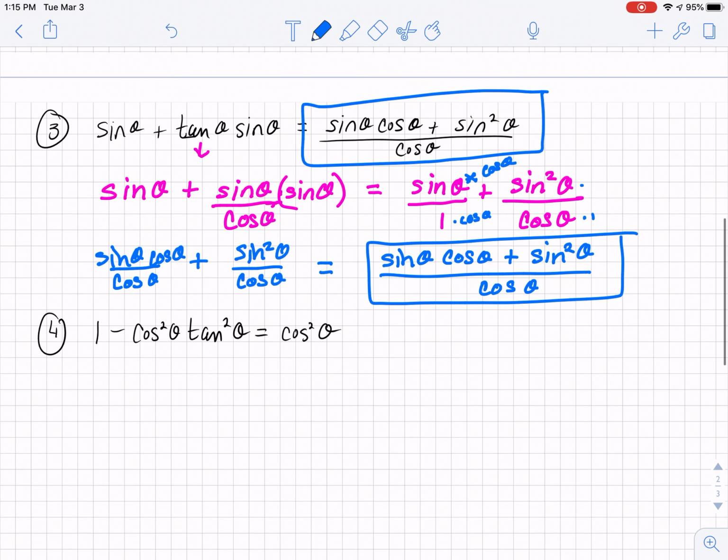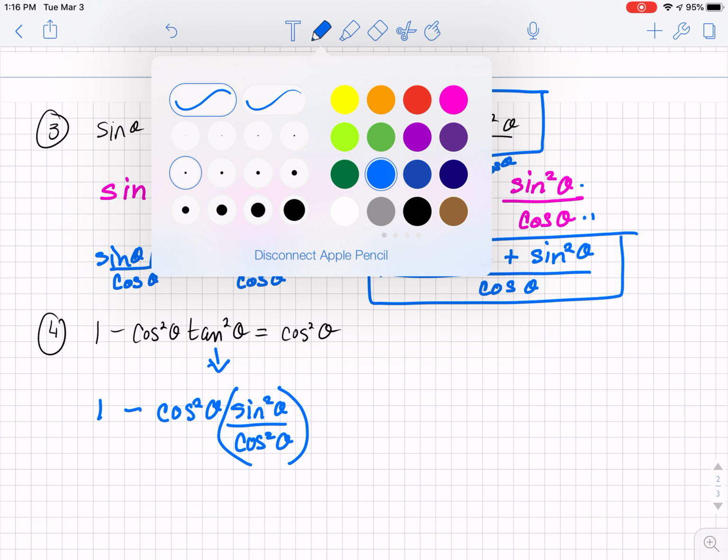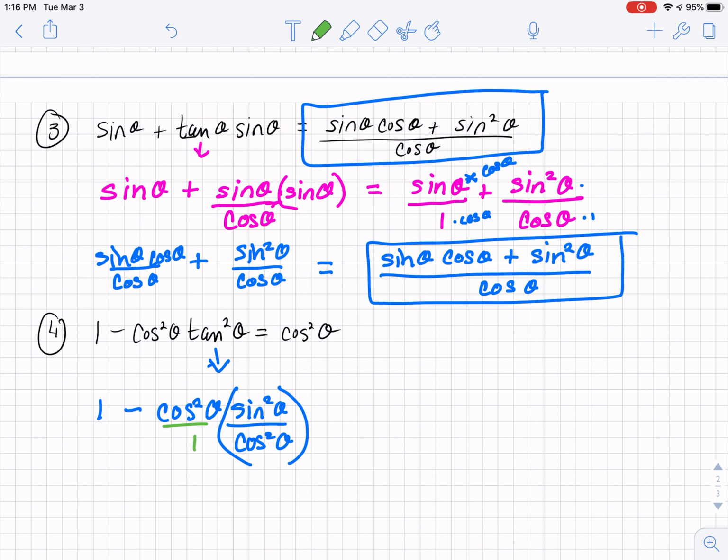Okay, number 4. I am going to turn tangent squared into sine squared over cosine squared, so let's try that. So it's going to be 1 minus cosine squared theta times sine squared theta over cosine squared theta. Okay? All right, now when I simplify this, again, if it helps you to put this over 1, I'm going to get 1, I just have to rewrite that 1 there, minus, now when I multiply this here, this cosine squared and this cosine squared are going to cancel when I cross cancel, and I'm going to be left with sine squared